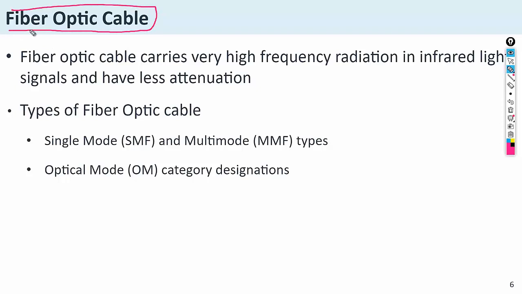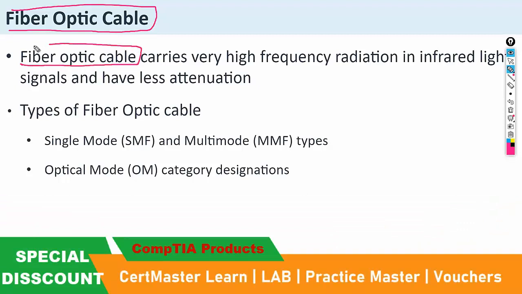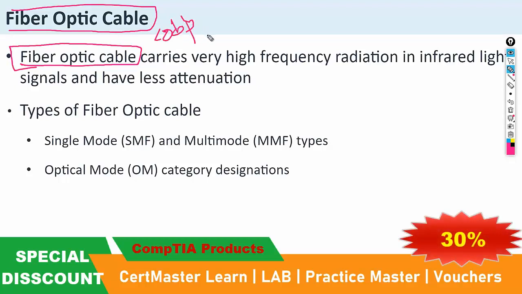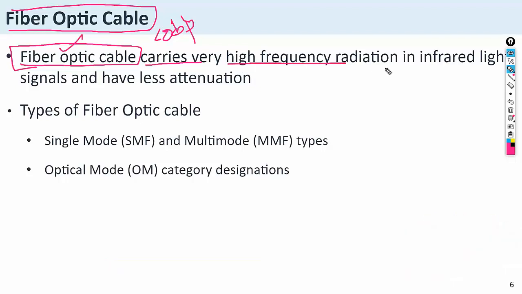As I told you, due to the high attenuation, fiber optical cable is used to replace copper cable, because fiber optical carries the data as high-frequency radiation in infrared light signals and has less attenuation, because as you know,